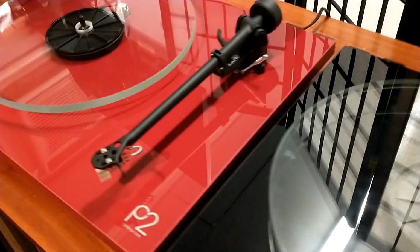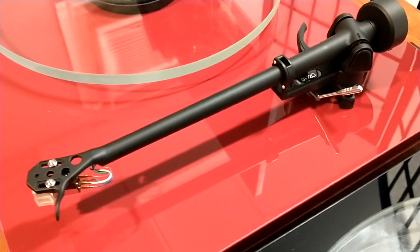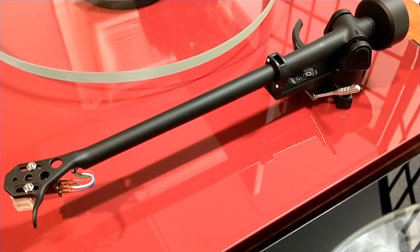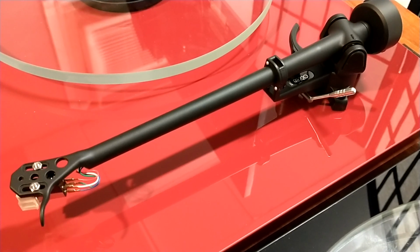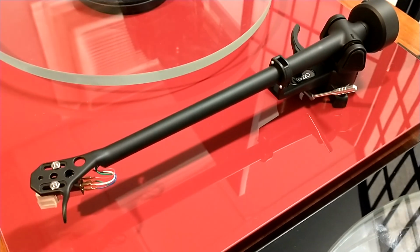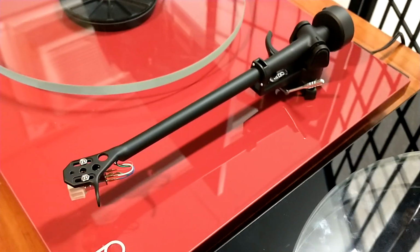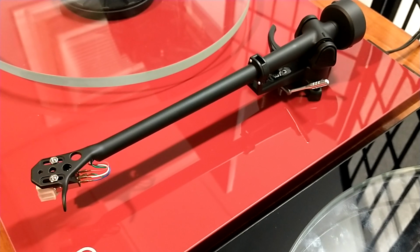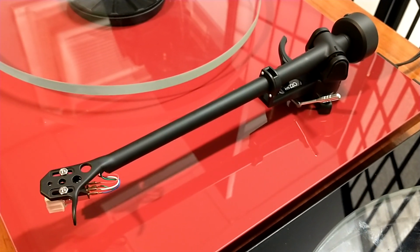As we go over to the Planar 2, this has the RB220 arm. This has a fixed bias. Some people say, oh, there's no anti-skate. No, there is anti-skate. It's just not adjustable. The anti-skate on this table is kind of set up for the carbon cartridge. We have found, however, using other carts on this table, I've never really found one that was grossly non-compliant with